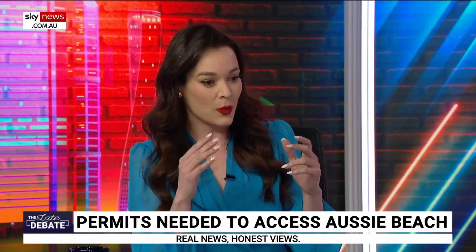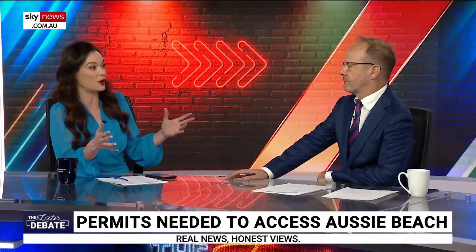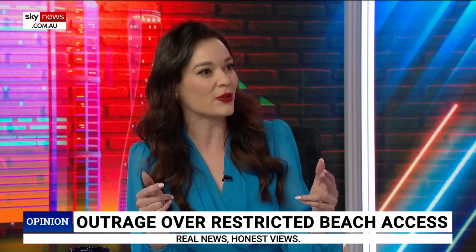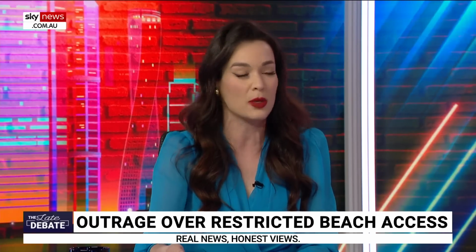I knew that we had native land title for over 40% of our land mass here in Australia. That's enough to blow your mind. But the fact that in the Northern Territory, they have these exclusive areas. But these are not just relating to the Northern Territory. And you cannot enter unless you have these permits. And the fines are extortionate. They're over $10,000 if, in fact, you are found to be on one of these plots without carrying a permit,